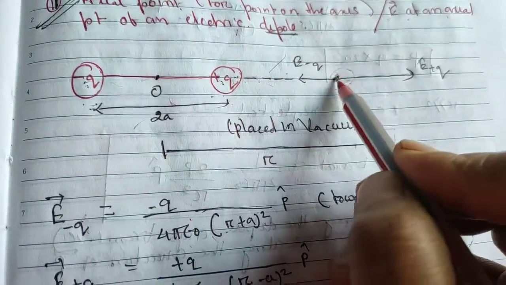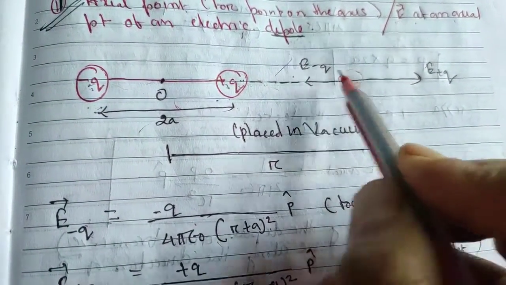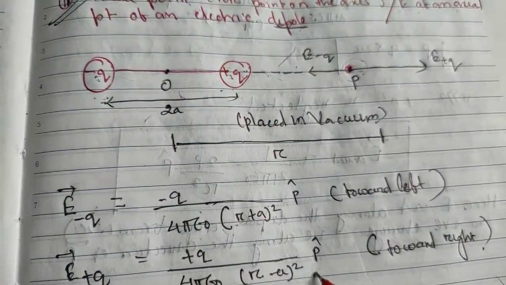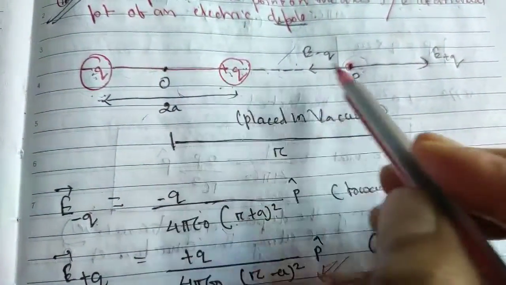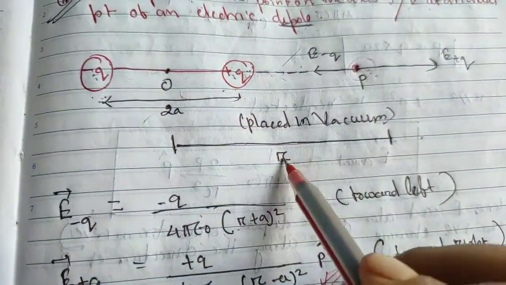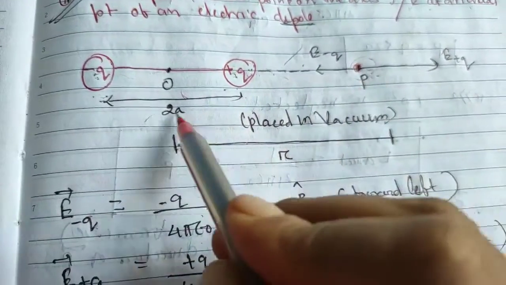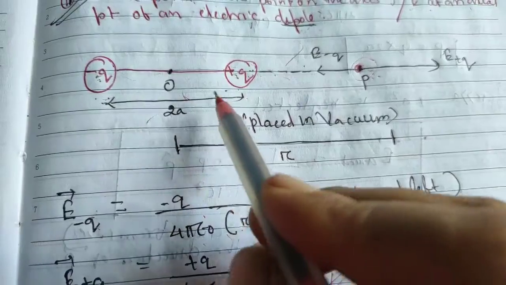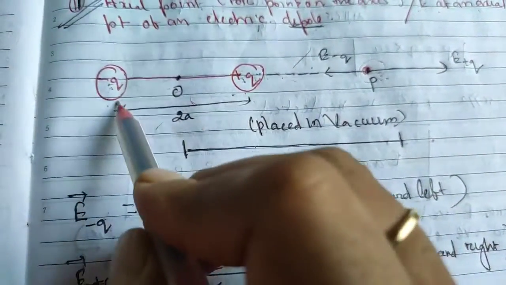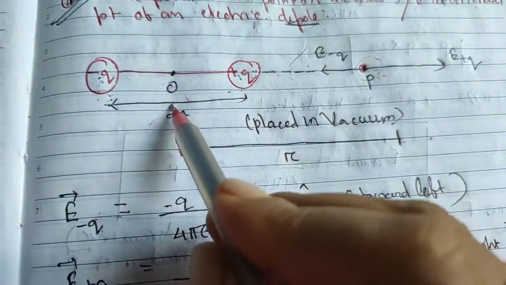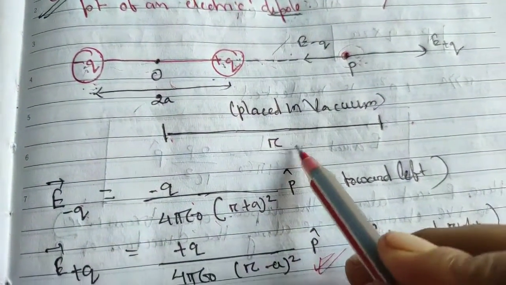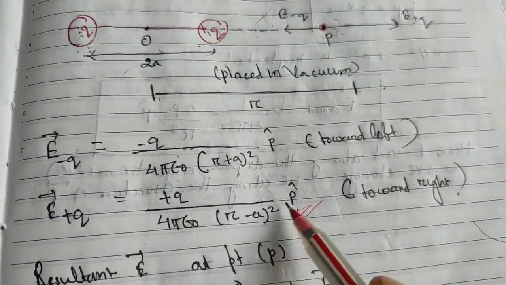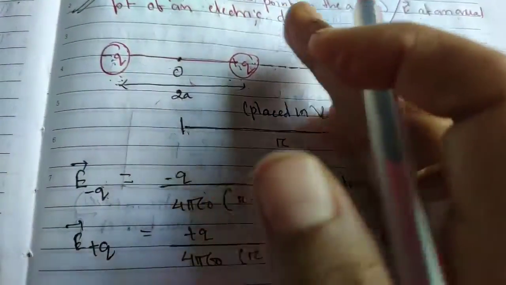Okay. So first you have to observe point P and the distance of the charge. Suppose I am taking this one, this is for the positive charge. So from the positive charge to this point, this distance is R, and this distance is how much? 2A. Suppose this is A and this is A, student, and this 2 is 2A. Similarly from the center to the point is R. So what is the distance from plus Q to P? It is nothing but (R minus A) whole square. Okay, this is toward my right hand side.